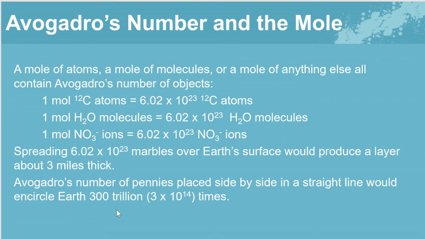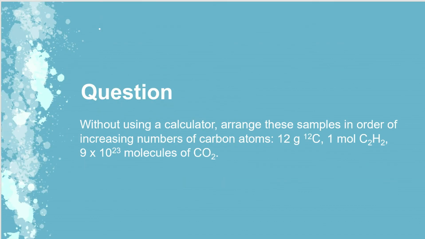But the point here is that it's a very big number. And it's a big number because these are all very small, right? And that leads us to a question which says, without using a calculator, arrange these samples in order of increasing